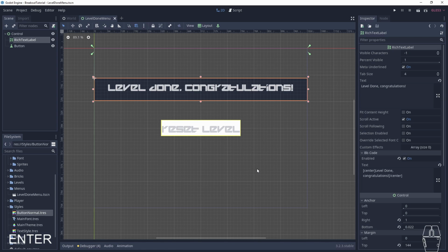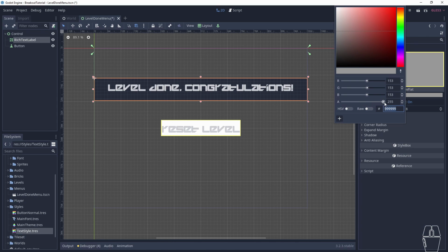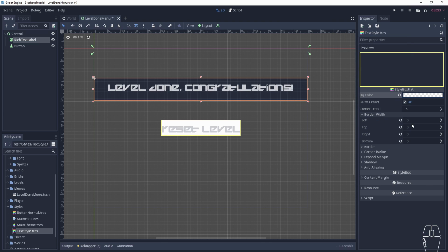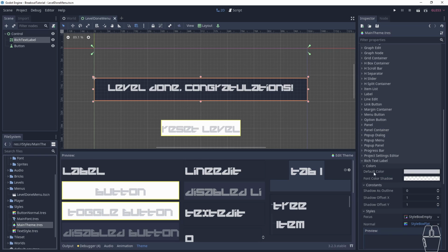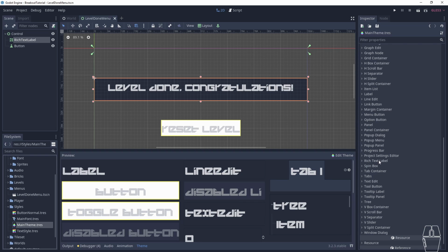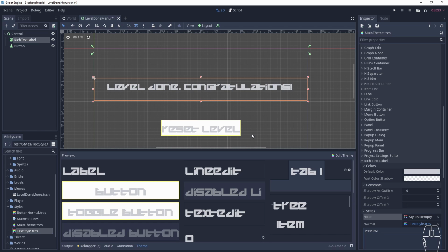And then in our text style, we can say we don't want to have a background, or we want to have a transparent background, so to say. Transparent background and no border in that case, and then save. And then inside our main theme, we can find our rich text label, and inside here in styles, basically, you can drag and drop the text style you'd like to have, and there you go. It's no longer